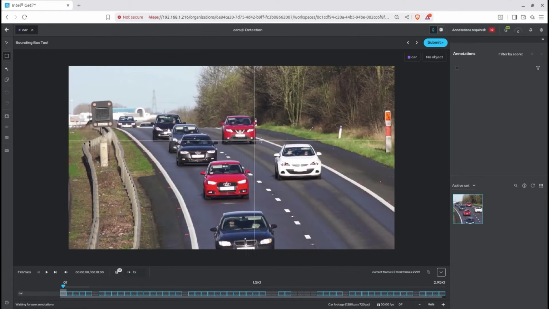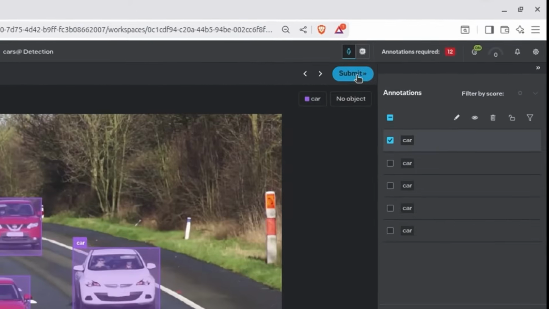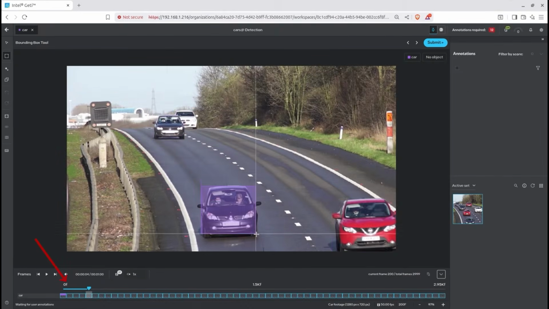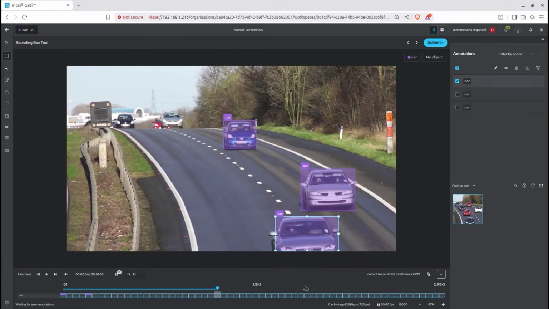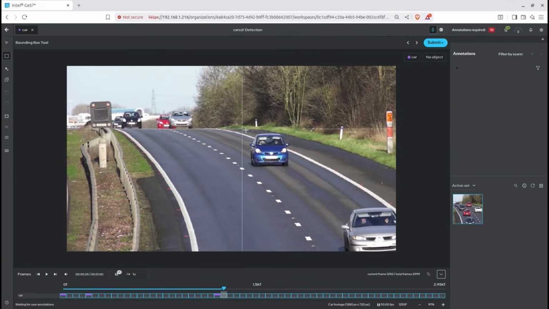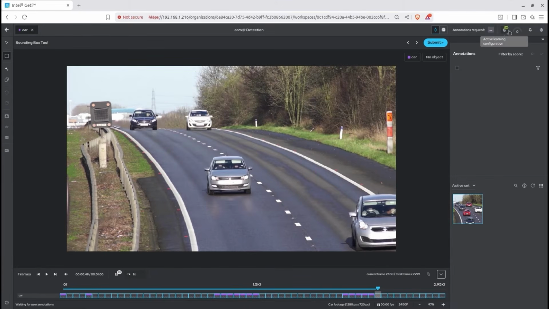I'm trying to detect cars, so I will just place a box on a few cars. You can play with the size of the bounding box so it can fit best. This is an important stage and there are multiple ways to do the annotation. Let's submit our annotation. It will automatically move to the next frame. Annotation obviously looks different according to the task you chose. We'll talk about it in future videos. I'm still missing 10 frames. This is the minimum the tool asks for, so I'll just do that and we can move to training the